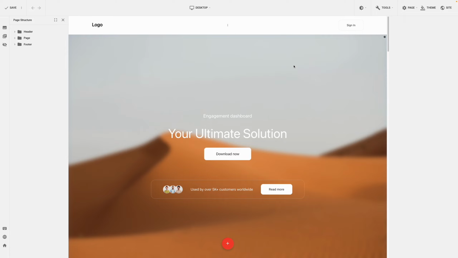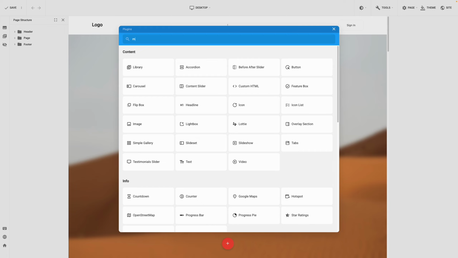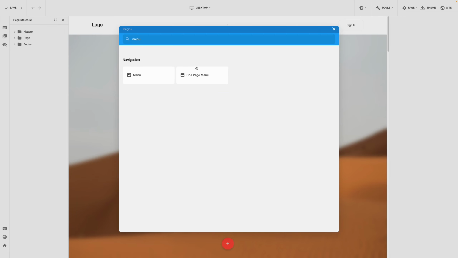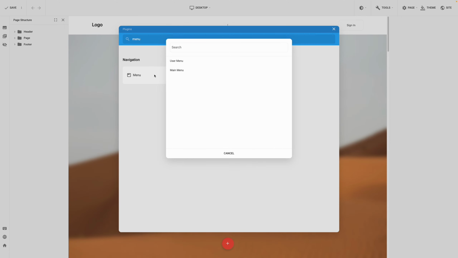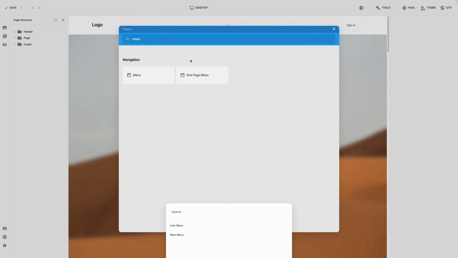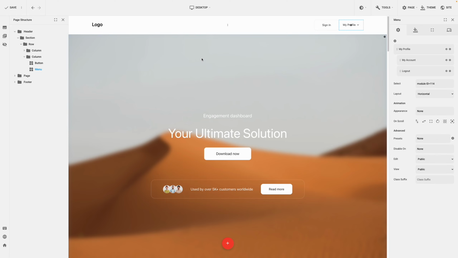Now, let's add our user menu to the website header. Add a new plugin, type Menu in the search field, and select the Menu plugin. In the dialog that appears, choose the User Menu module. Next, let's place the user menu before the Sign In button with drag and drop. As you can see, the menu has been added successfully, and the drop-down now contains the My Account and Logout